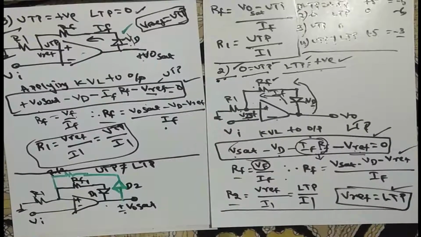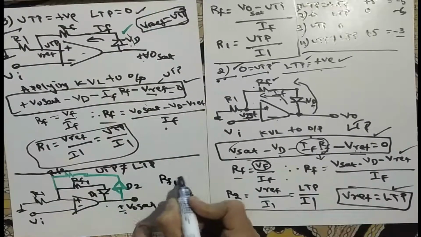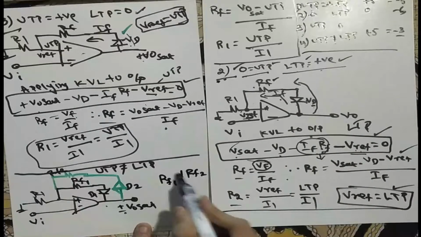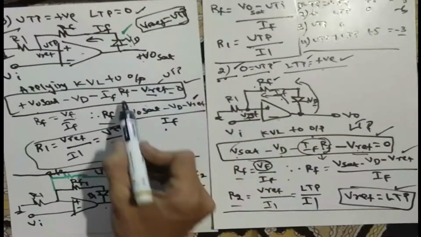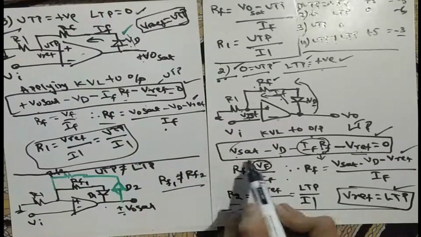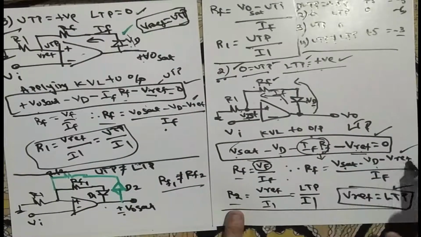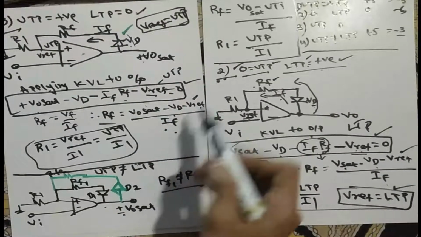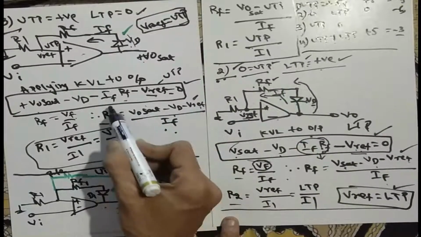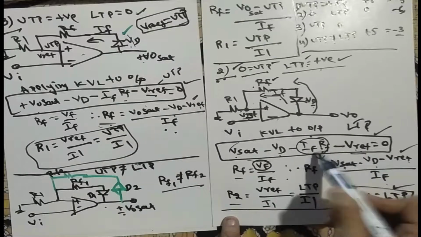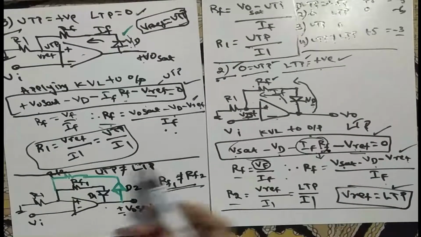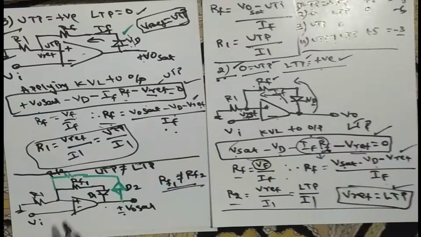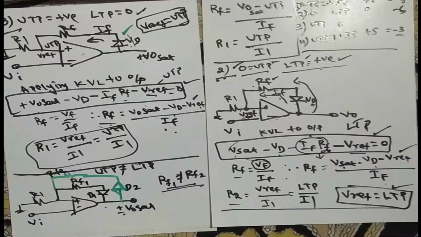Now why does it change? Because here we are changing RF1 value, which is not equal to RF2. These two resistances are given different values, so we can change the UTP and LTP values. The V reference usually depends upon this RF value. In both we have actually the same equation: V sat, VD, V reference, IF. The only thing that changes is that we have to take a different RF value. I am taking RF1 and RF2. If these two values change, the UTP and LTP values change. It is the easiest way to get UTP not equal to LTP.